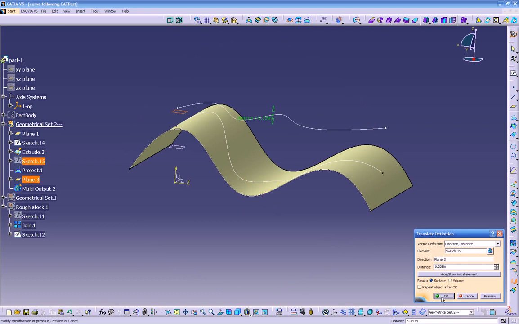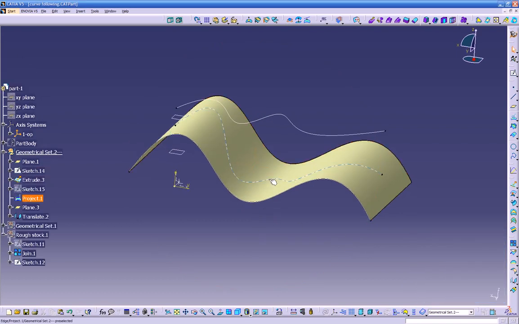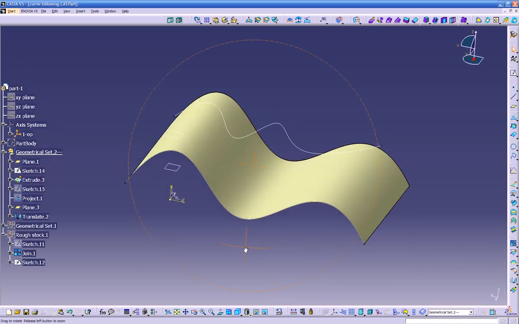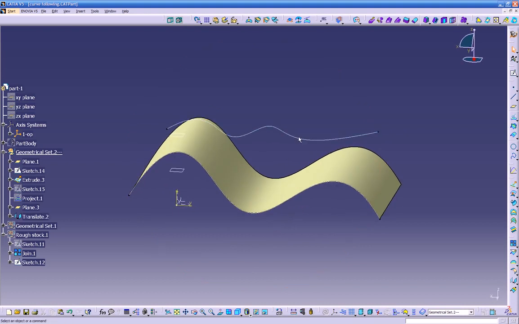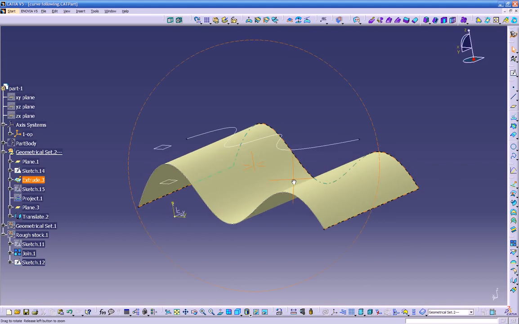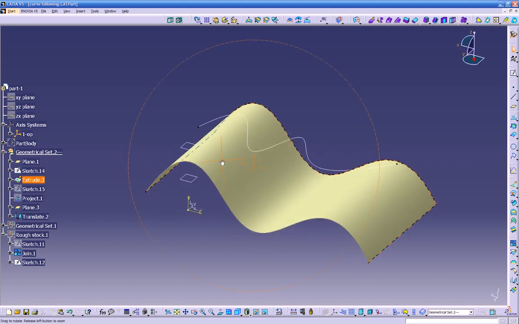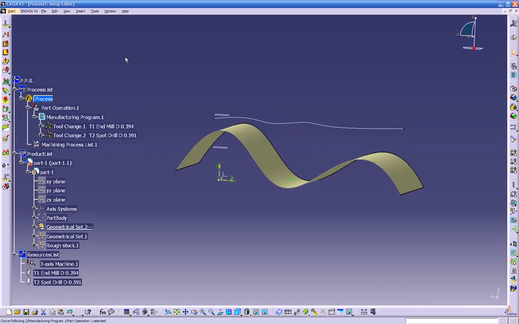Automatically is going to do it for us. Okay, I'm going to turn this off. So for example, if you don't want to project this sketch into the surface and you just have a sketch on a surface, this is how it's going to get done. Let's go back into our process operations